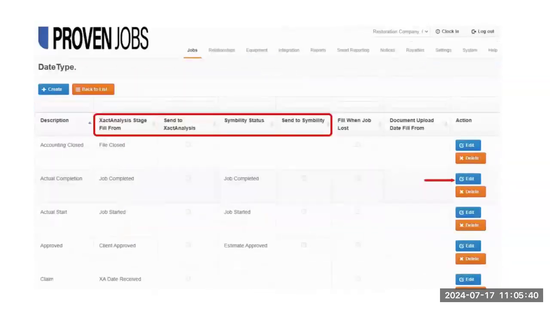Proven Jobs also supports integration with Xactware and Symbility, enabling users to link critical dates between both systems. This integration ensures a seamless flow of information, enhancing efficiency and accuracy by synchronizing important data across platforms. One critical use of job dates occurs when users map XactAnalysis stage dates to or from the linked Proven Jobs